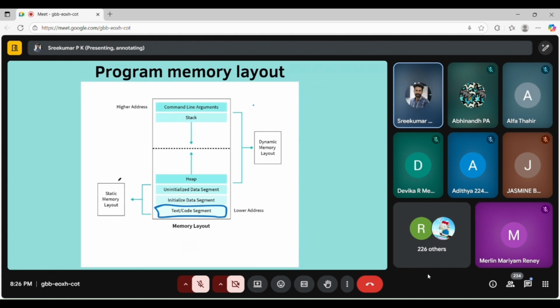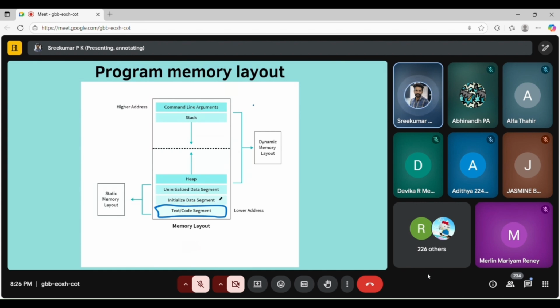After that, all of these belong to the static memory layout. This memory allocation won't change during the execution of the code. When the microcontroller turns on or powers on, the memory created in this section won't change. Okay, so that is the initialized data segment, uninitialized data segment, something like that.